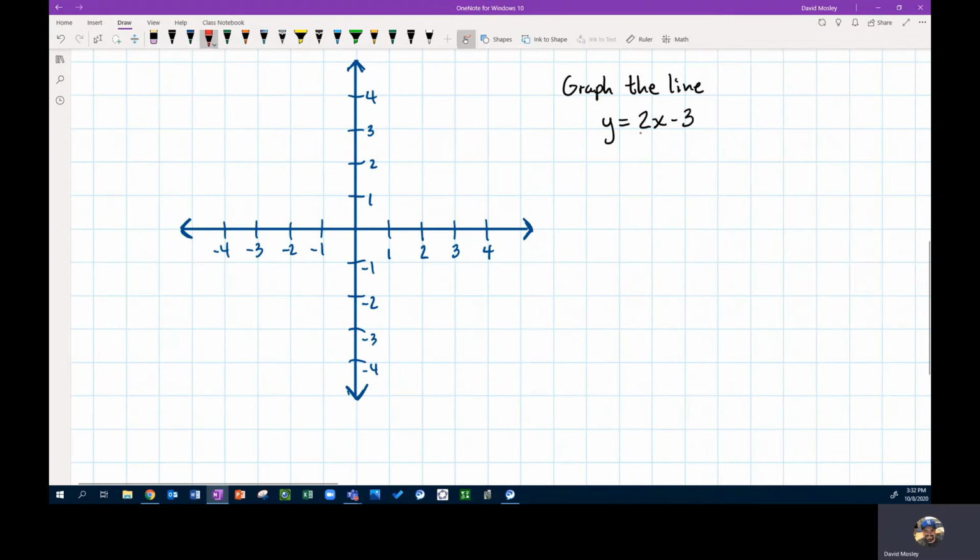We know that this number here, 2, the coefficient of x, is our slope. And we also know that this number here